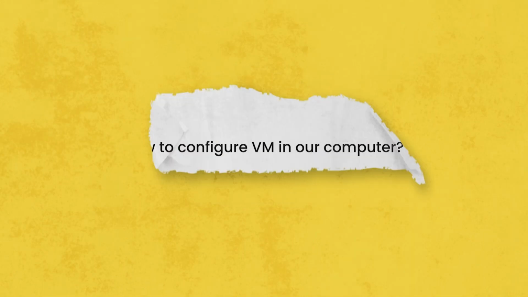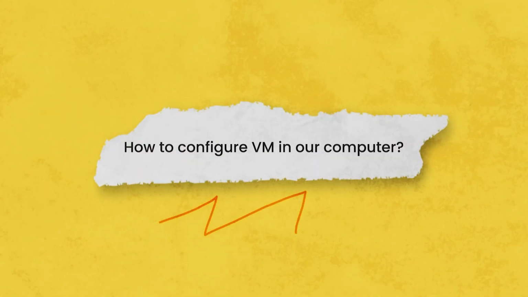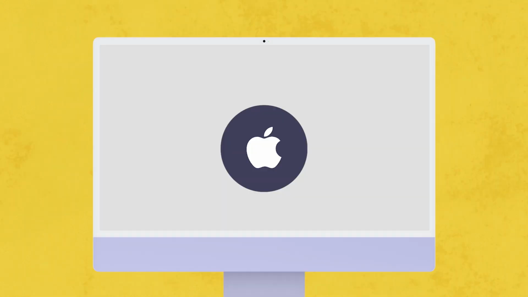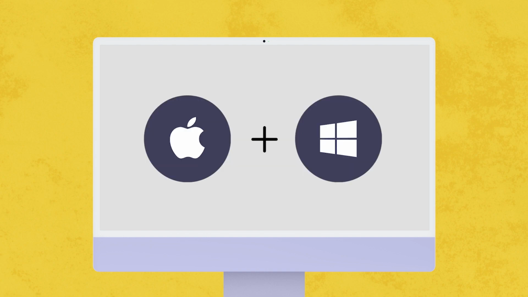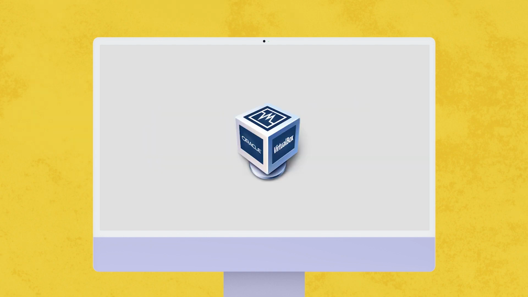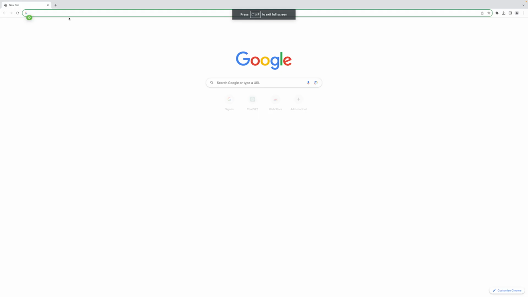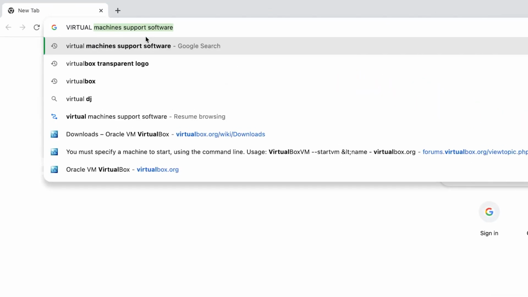You may have a question, how we can configure virtual machine in our computer? Now let me tell you, if you have a Mac operating system, and in Mac machine you want to run Windows operating system simultaneously, for that you need to download a virtual machine software. In this video I am showing you how you can download VirtualBox and configure it into the Mac operating system. For that, first you need to open the browser, then search for VirtualBox